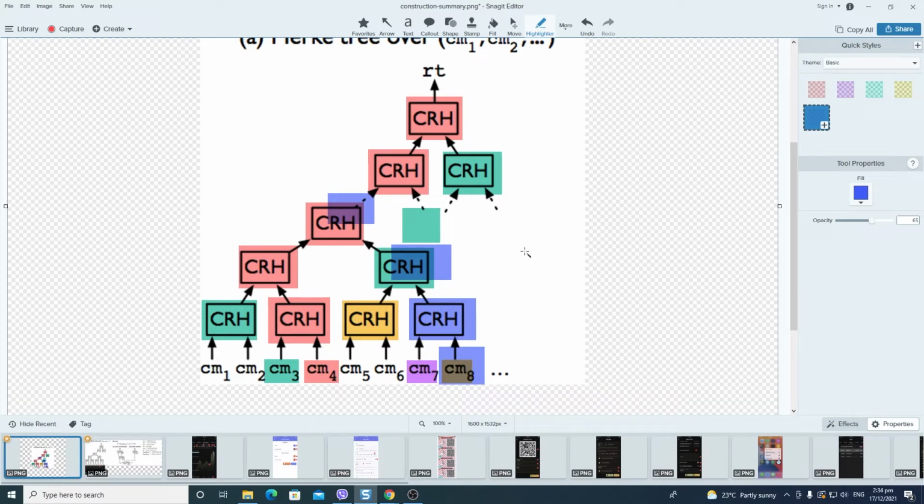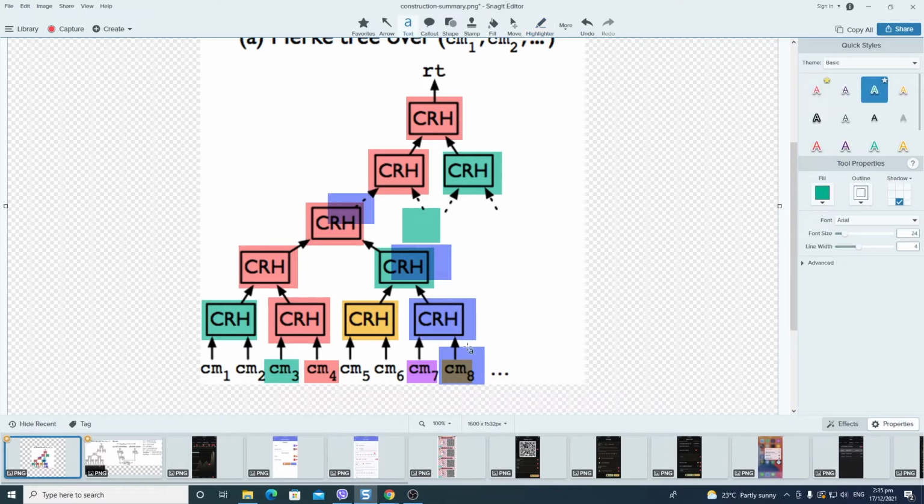The easiest analogy I have for this is if these nodes had values instead of having hashes. So let's try that. Let's try with values. So let's say that CM1 is 1, so we put 1 here,